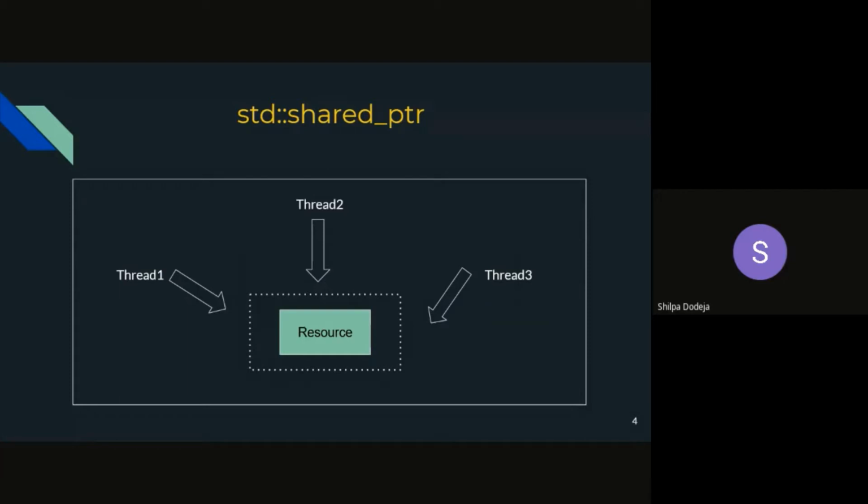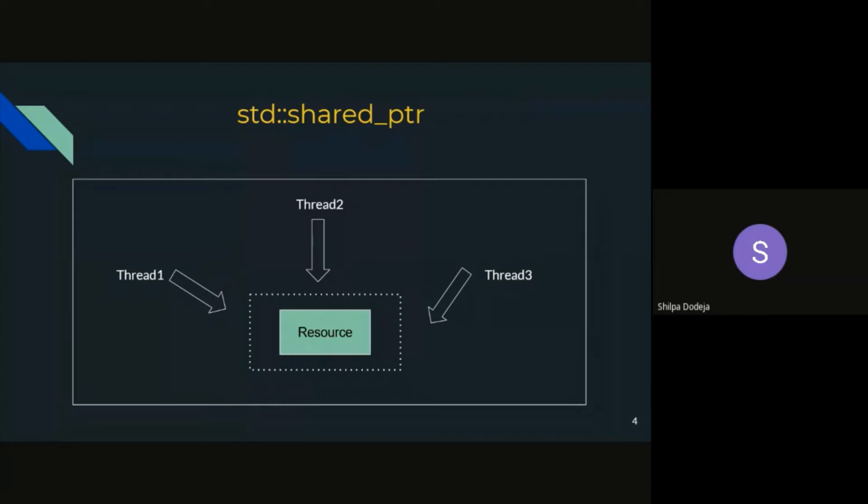even if there are three or four or however many shared pointers pointing to or managing that same resource. The way the shared pointer is able to manage this kind of trick is by keeping a count of the owners of the resource that is being managed. So basically, the shared pointer is able to keep track of the number of owners managing a particular resource. And when the last owner goes out of scope, that is when the resource will actually be